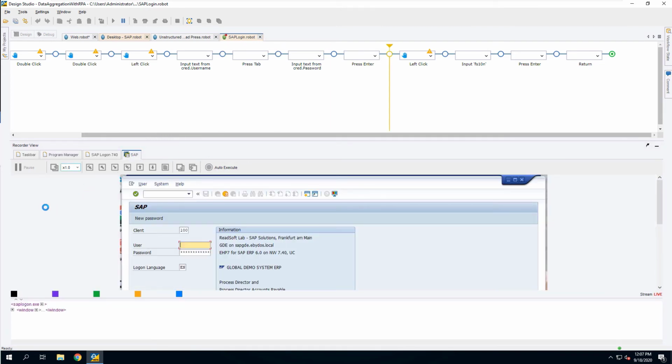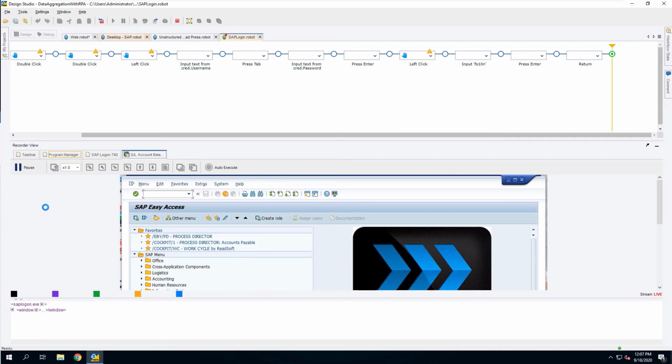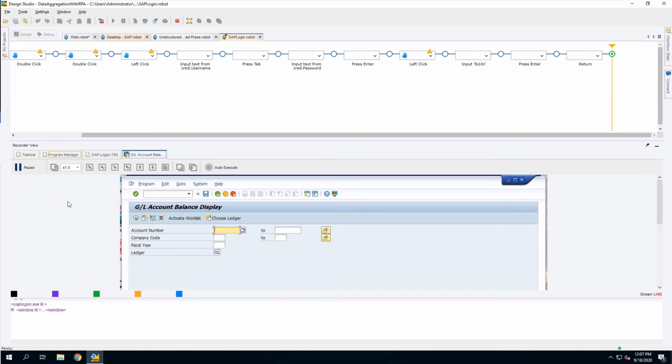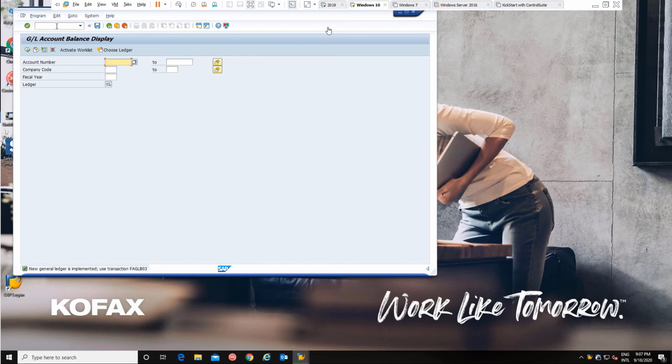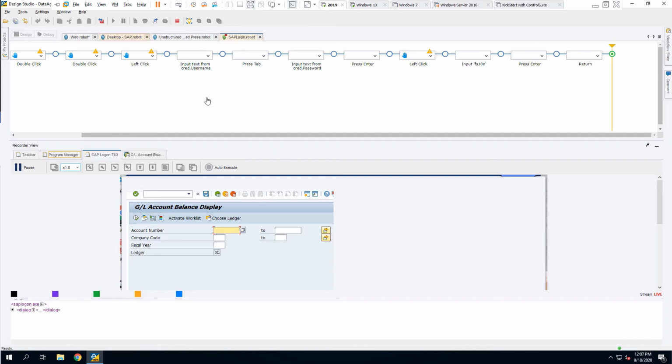So we're logging in with the user, and again, that's pulled in from either CyberArk or the included encrypted password vault. But there you have it. We are logged in, and we can now start with actually extracting the right information. I can actually show you the machine that we are now automating. There you have it. And we can actually go back here and jump out of this part of the robots,